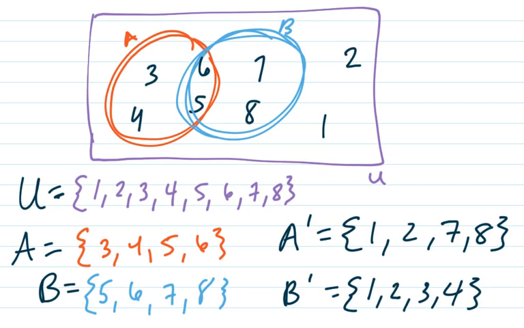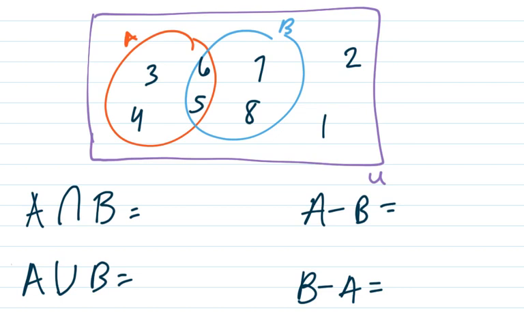So we have our universal set. We have set A, we have set B, we have the complements of A and B. So now we're going to find the set of the intersection of A and B. Remember that the upside down U is the intersection, and that's what elements are shared and overlapped in both circles. So the intersection of A and B is going to be the elements 5 and 6, and the union of